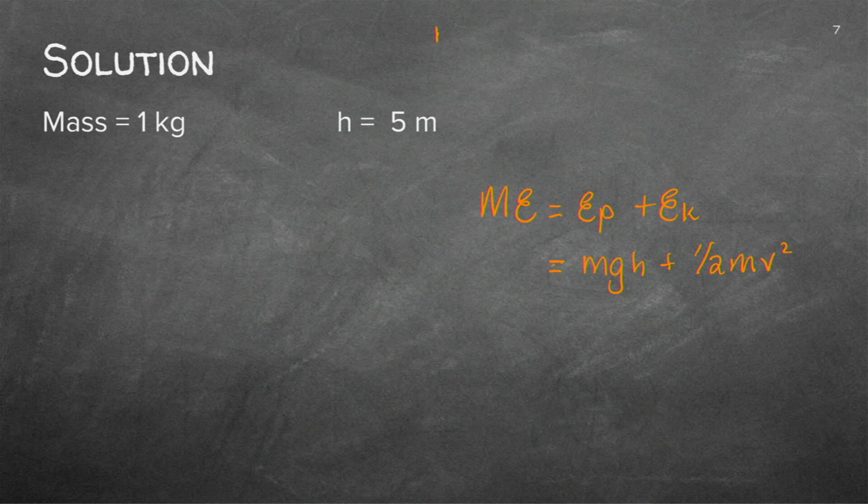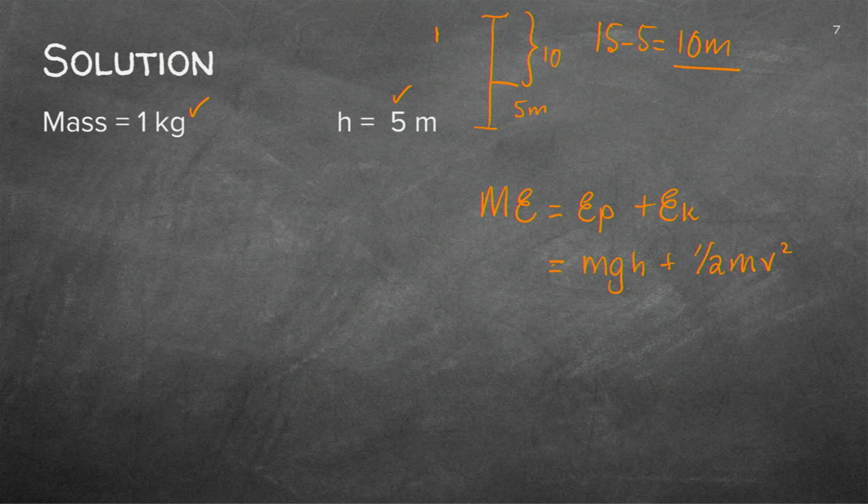I do have the mass. I do have the height. And let's just quickly have a look. The height again is 5 meters from the ground. So it covered 10 already. So in actual fact, I am saying 15 minus 5 gives me the 10 meter height that I'm going to use, or distance that it covered.